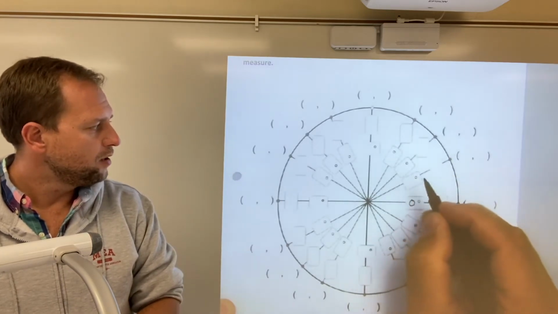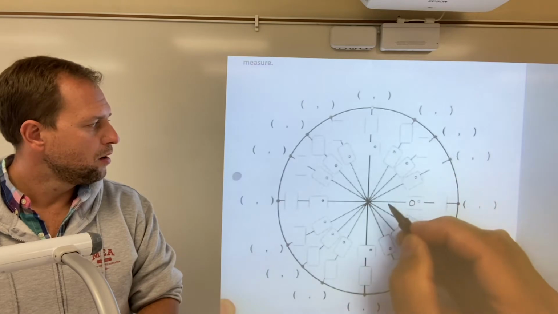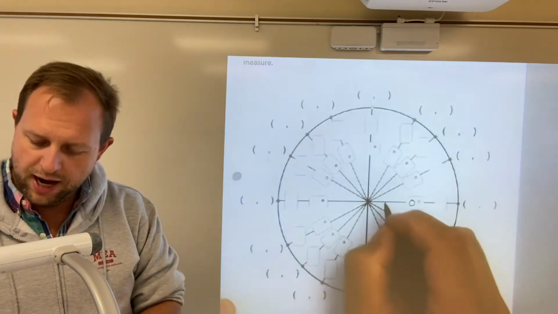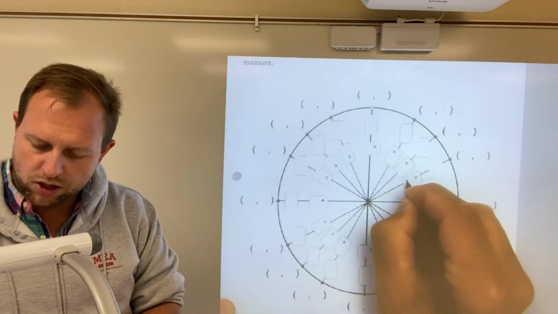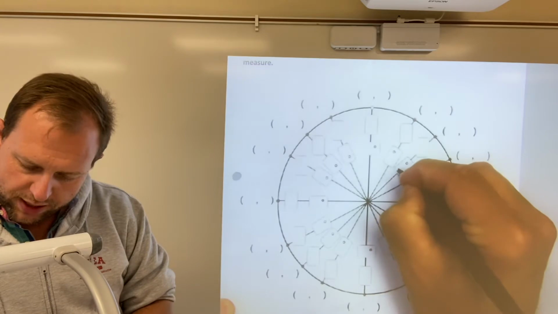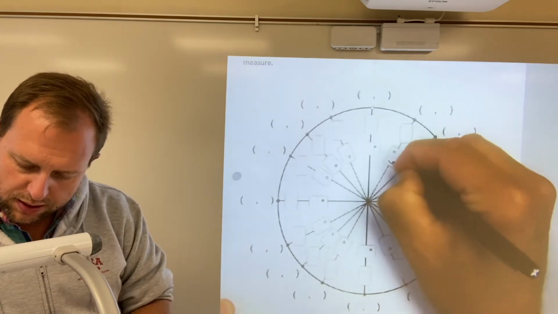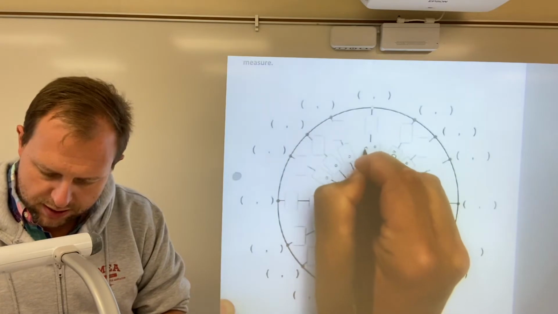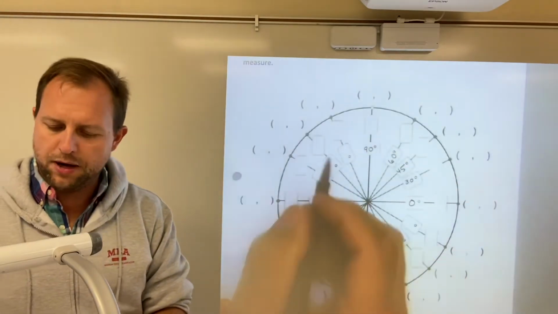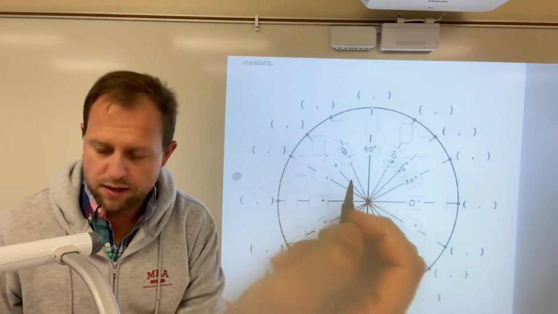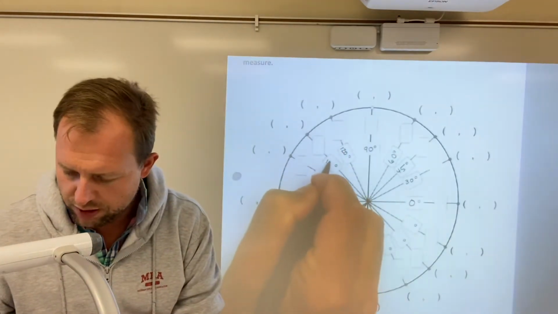We have, with the hypotenuse of the triangle being 1, angles created at 30 degrees, 45 degrees, 60 degrees, 90 degrees, and then we keep on going, another 30 to 120 degrees, 150 degrees,